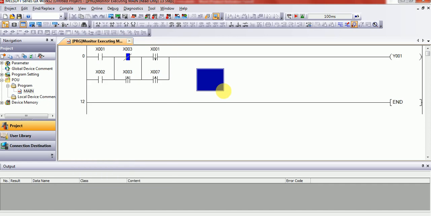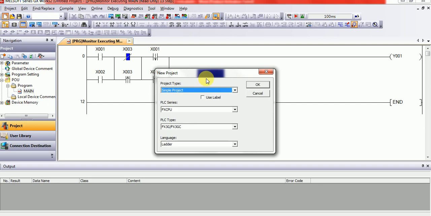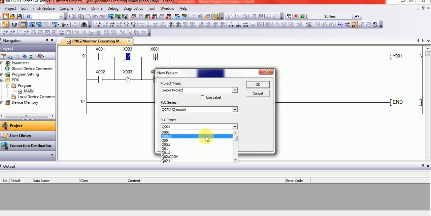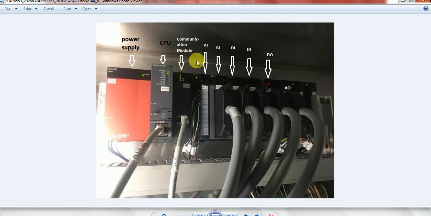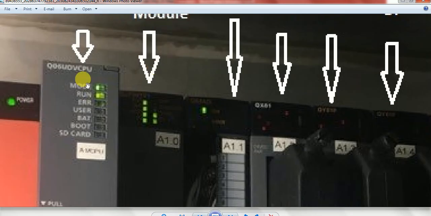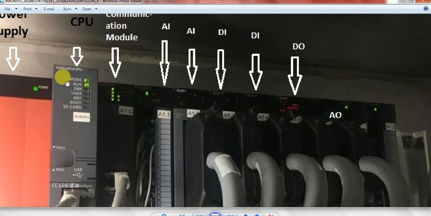Okay, now I will make another program for Q series. So press Q series and simple project, and press Q CPU Q mode, and select your PLC. We have one picture of the Q series CPU, and the Q CPU number is Q06UDVCPU.